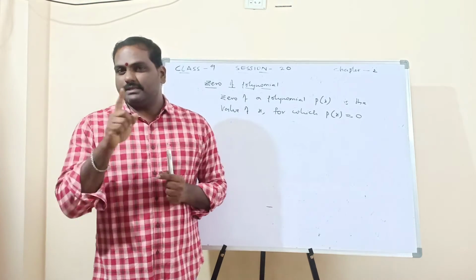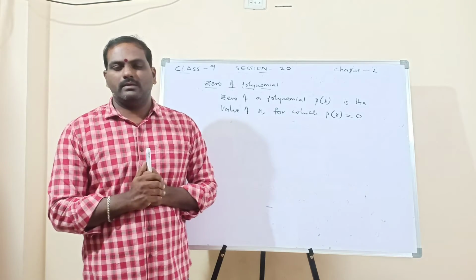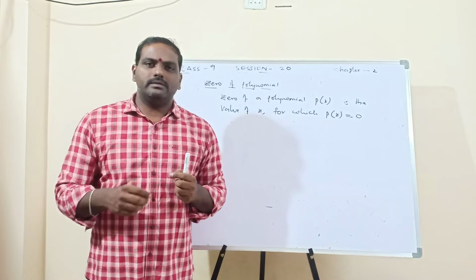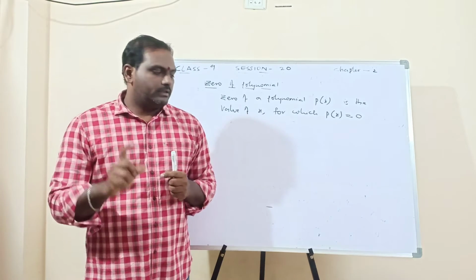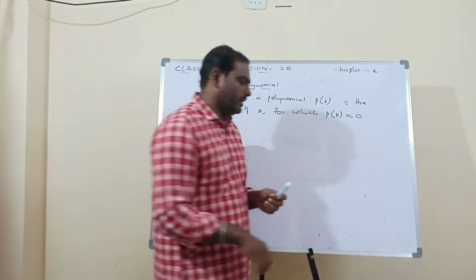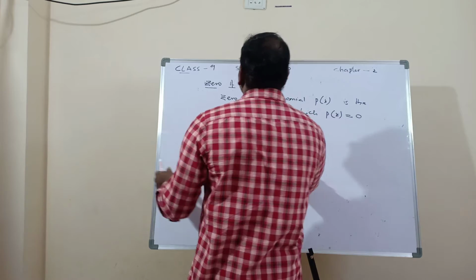If the final answer is 0, then that value is called the zero of the polynomial. That means you will be given a polynomial, we have to substitute some values and simplify. If the final answer is 0, that value is called the zero of the polynomial. Okay, now let us go for a simple example